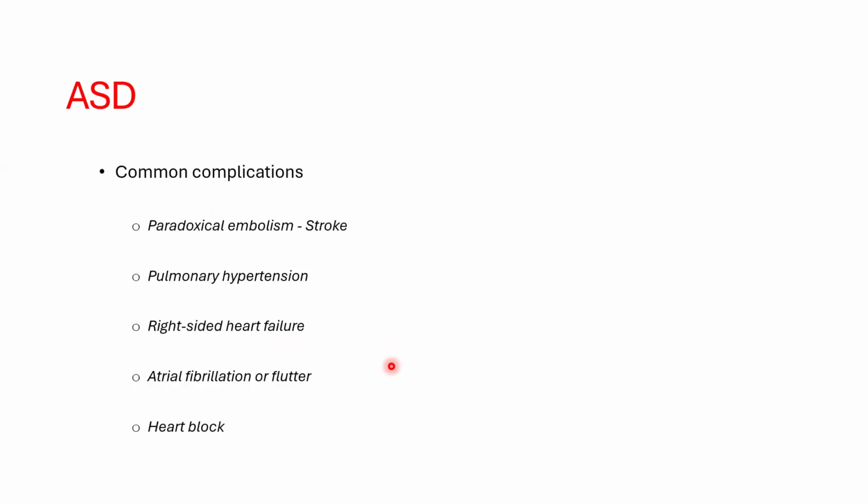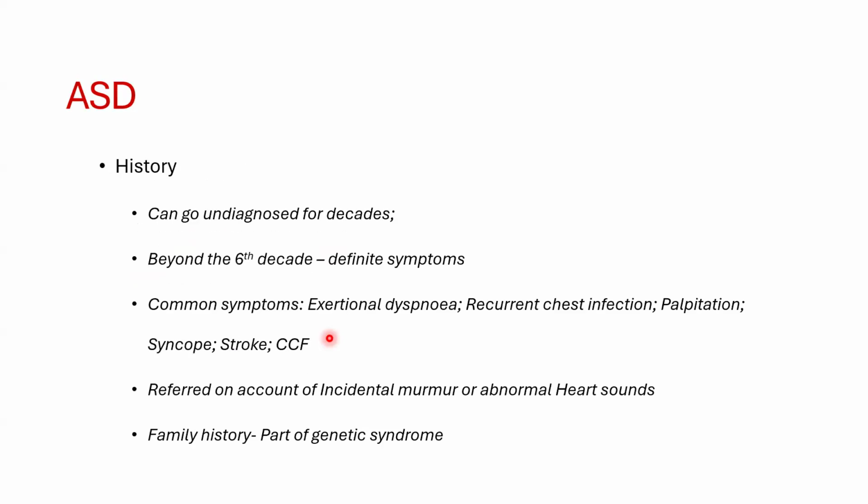And why should we be worried about ASDs? Because we are at risk of paradoxical embolism and stroke, especially amongst adults, pulmonary hypertension, like I said, by the sixth decade, right-sided heart failure, atrial fibrillation or flutter, and then heart blocks. And typically, ASDs can go undiagnosed for many, many years. And then they may be either progressive,